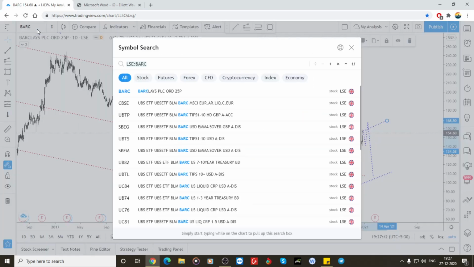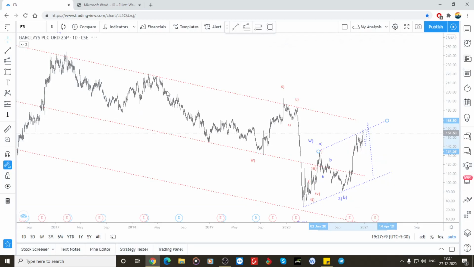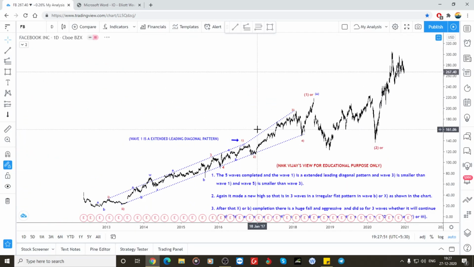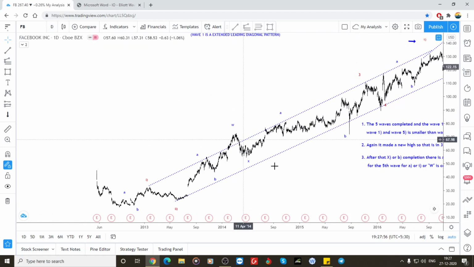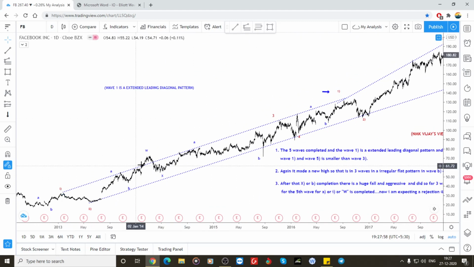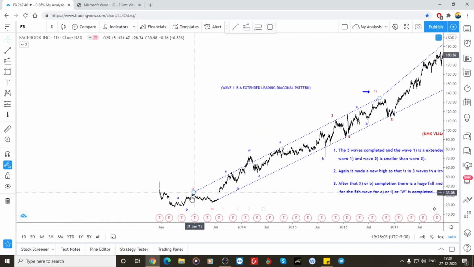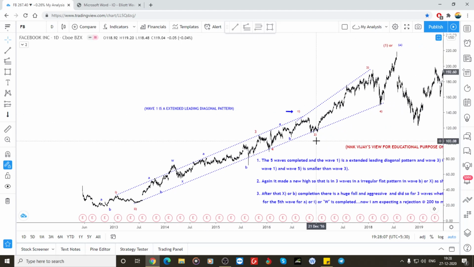What else, we can move to Facebook or Netflix. See, this is the daily, this is the channel. Perfectly it is a leading diagonal triangle. So this is wave 1, wave 2, wave 3, wave 4, wave 5. So the first wave is extended,